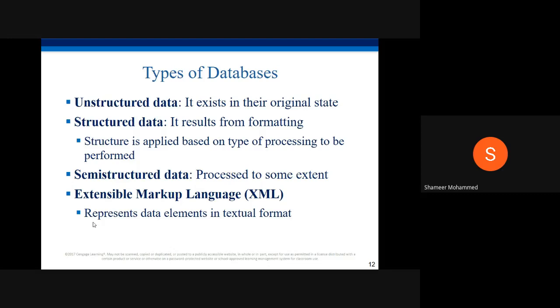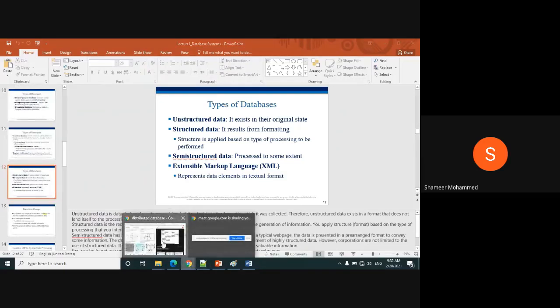The data is structured but not completely. That is semi-structured. Then the last type is where the data is organized in this fashion, which is known as XML. X stands for extensible, M stands for markup, L stands for language, XML. So these are all present here.